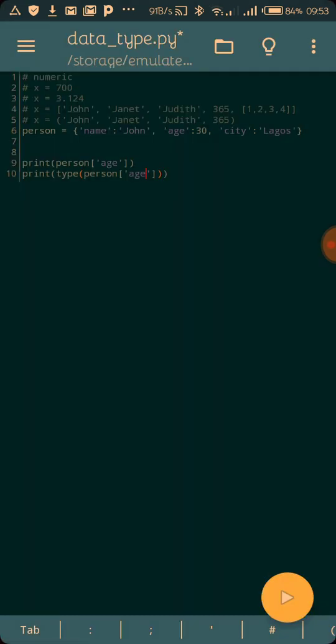So with a dictionary you can refer to other parts of the, how do I call it, other parts of the items present inside a dictionary. With the key you can access the value from a dictionary. Let me use another